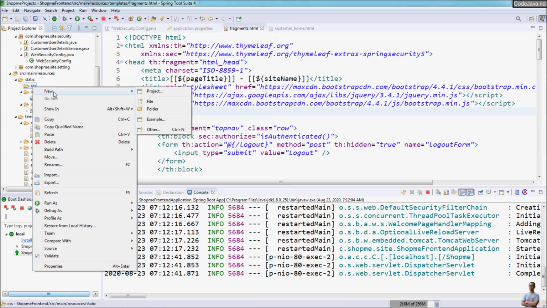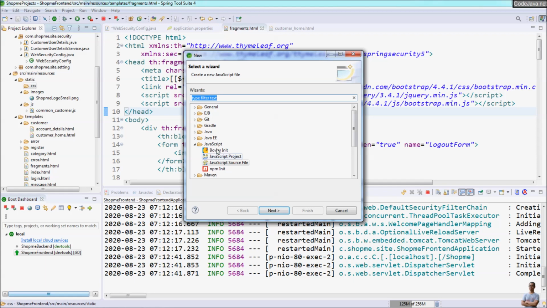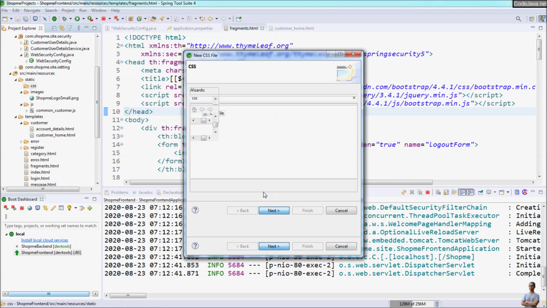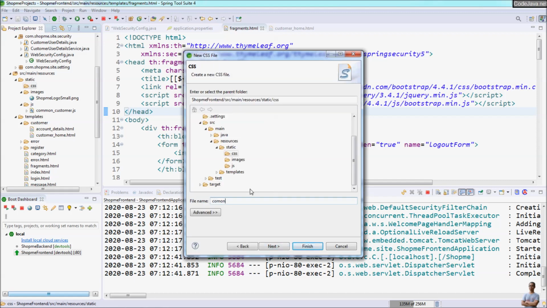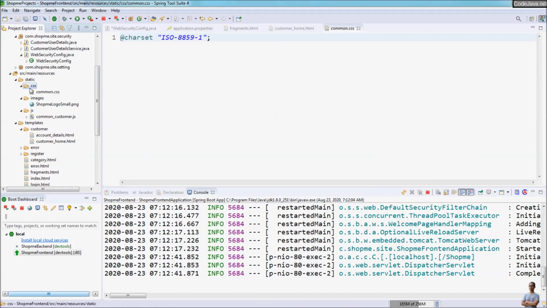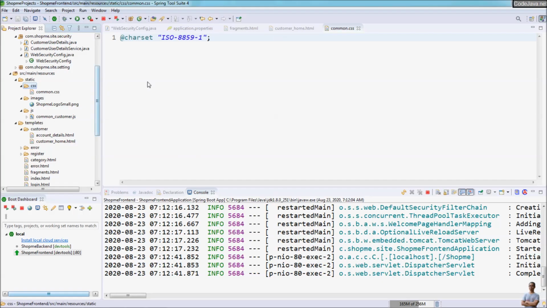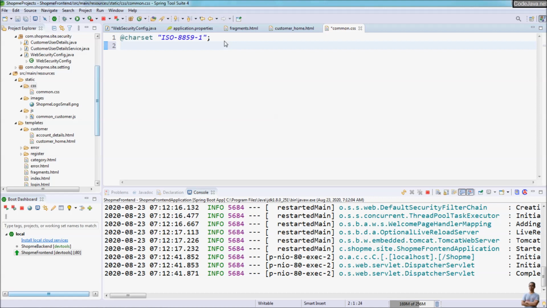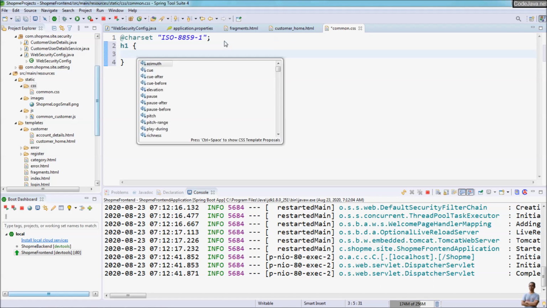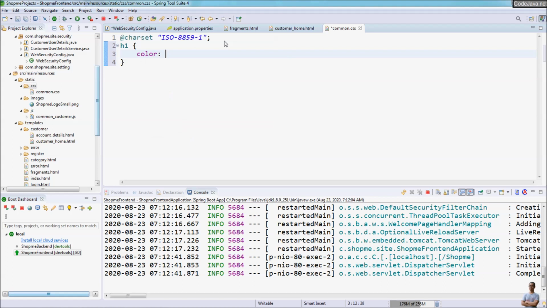Or let me show you how to create one. CSS here. Next, the name is common.css. Finish. Yeah, so we have a common.css file here. For example, we specify a static rule for all the heading 1 elements. We have color is blue, for example,